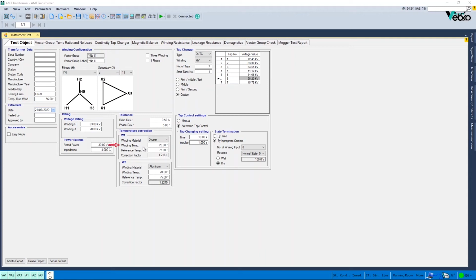The current temperature of the winding of the transformer and the reference temperature for measuring the winding resistance are entered in the Winding Temp and Reference Temp fields respectively, so that the measured resistance values are corrected at different temperatures. The Correction Factor field is related to the transformer correction factor, and by changing the winding material, winding temp, and reference temp sections,